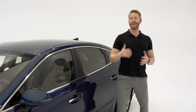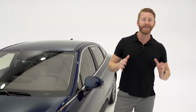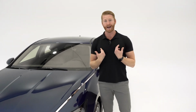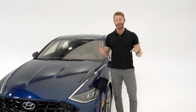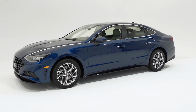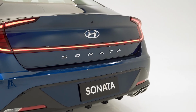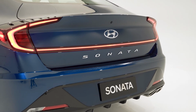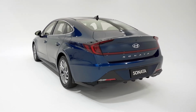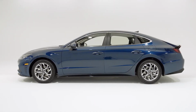So safety features, and Gian, I think we both can agree on this, are extremely important when evaluating the performance of a sedan. But another factor that goes a long way for a lot of people, including myself, is build quality. And that's why Hyundai produces its own advanced high-strength steel for its vehicles. It's what helps Sonata's structure be very strong and very light, helping to improve both performance and safety. Now, that's a big part of what helped 2020 Sonata earn some impressive awards, like MotorWeek's 2020 Driver's Choice Award